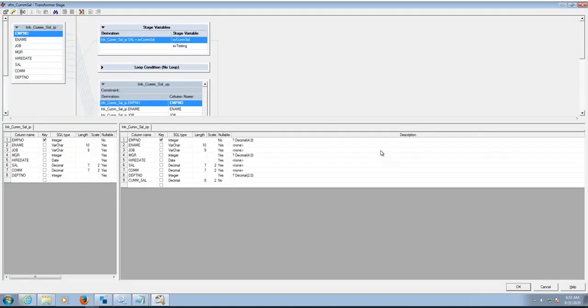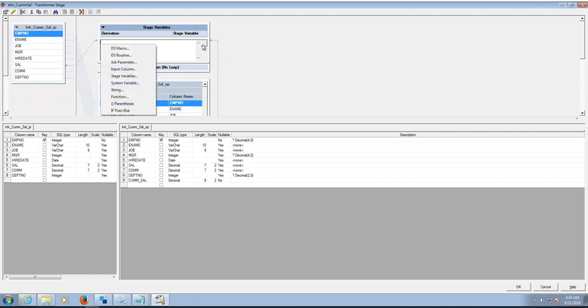Click on OK. So here the two variables have come. One is SV testing, stage variable testing. So here what we are doing is adding the salary column plus cumulative salary. First of all we need to add the salary, right? To add the salary, click on the derivation, go to the input link and click on eSal. Plus